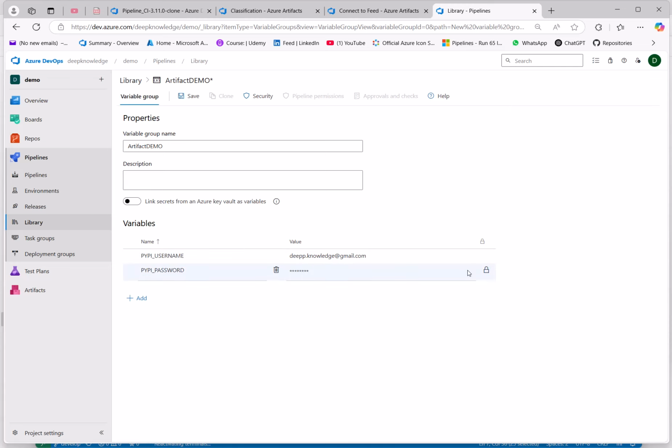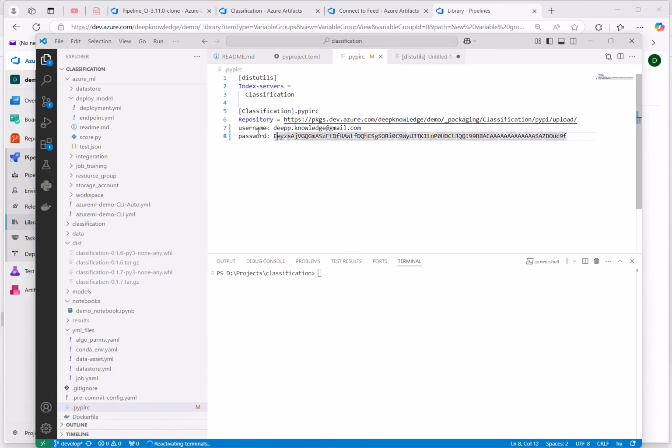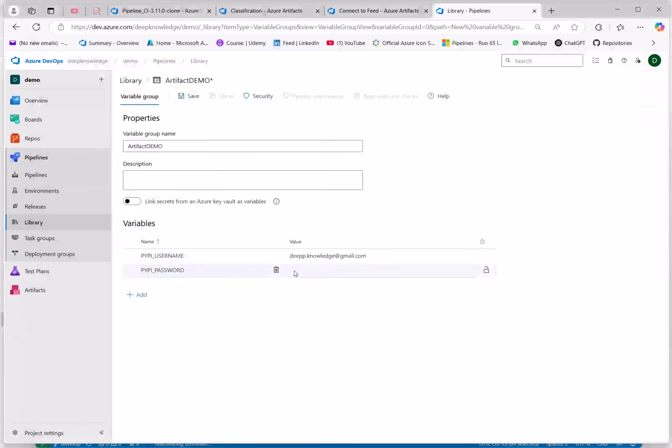The password you need to make it secret, but for now, let's try to copy this, copy and paste it here. As I said, you can just make it as a secret. So now save